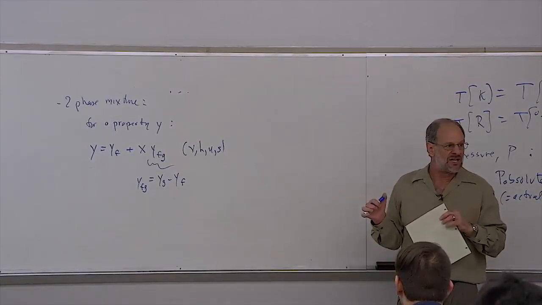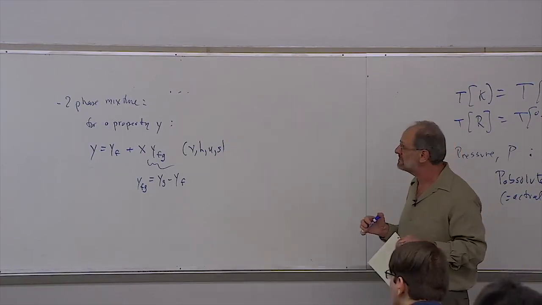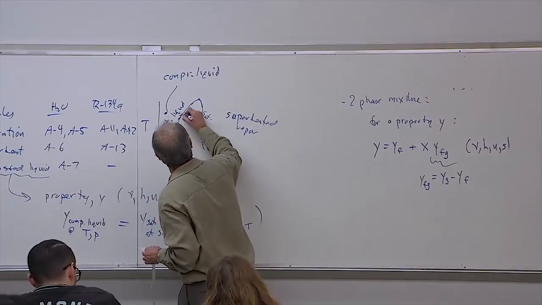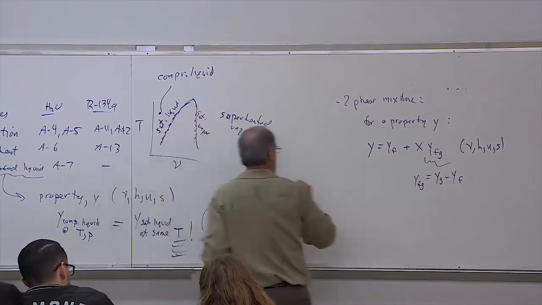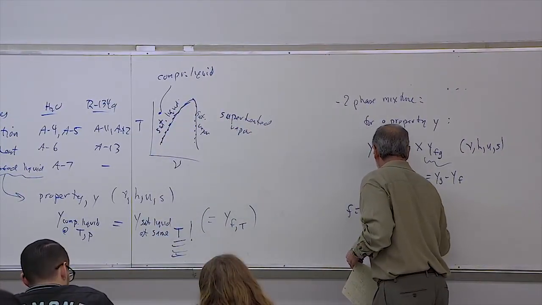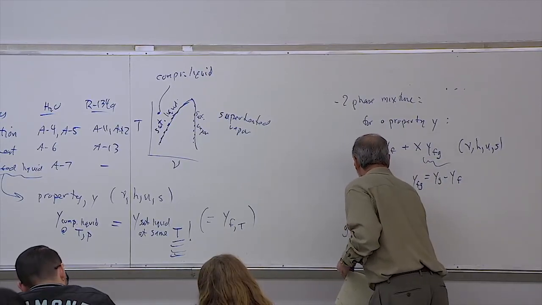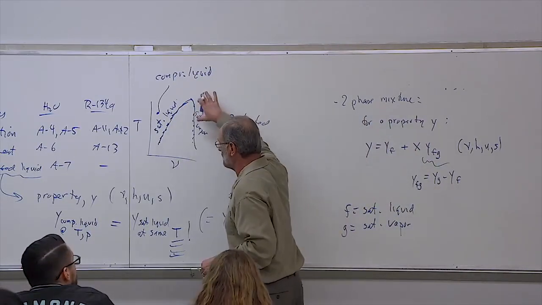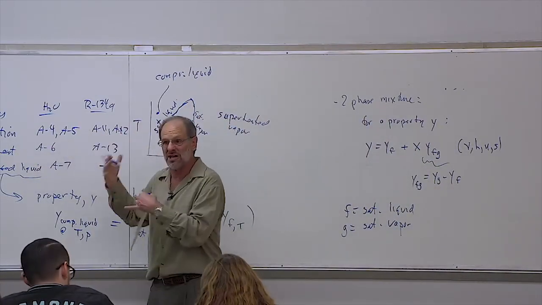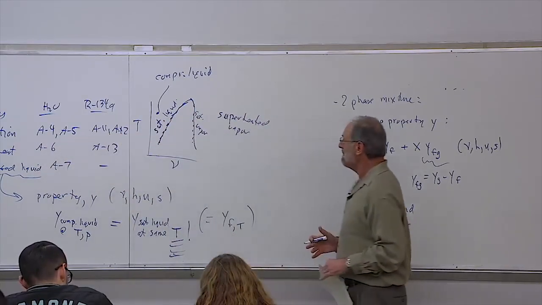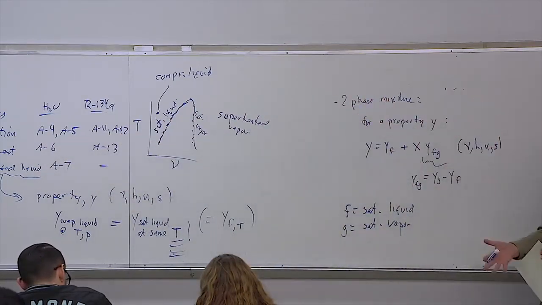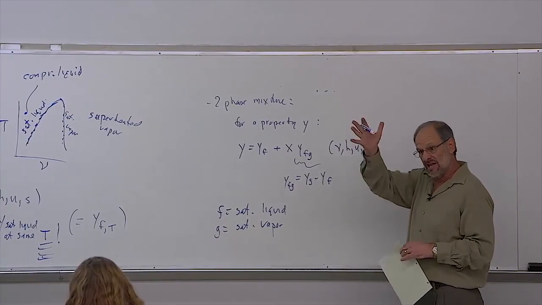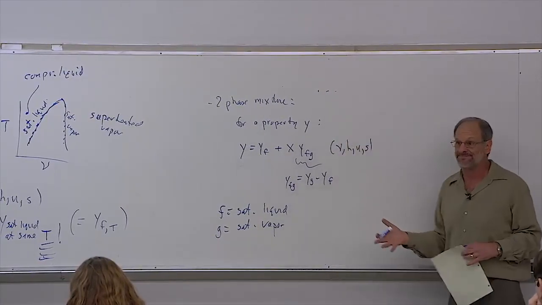So again, any questions on any of this? Yeah. Could you repeat what Y sub G and Y sub F are? Yeah, F represents the saturated liquid, so all the data on the left-hand side is the saturated liquid data. So F means sat liquid, and G represents the saturated vapor. So at any particular temperature, we can go into A4 or A11, or at any particular pressure, we can go into A5 or A12, and you'll see the first column will be saturated liquid data, the next column will be saturated vapor data, or in some cases, saturated liquid, then the evaporation, and then the vapor data. Okay.